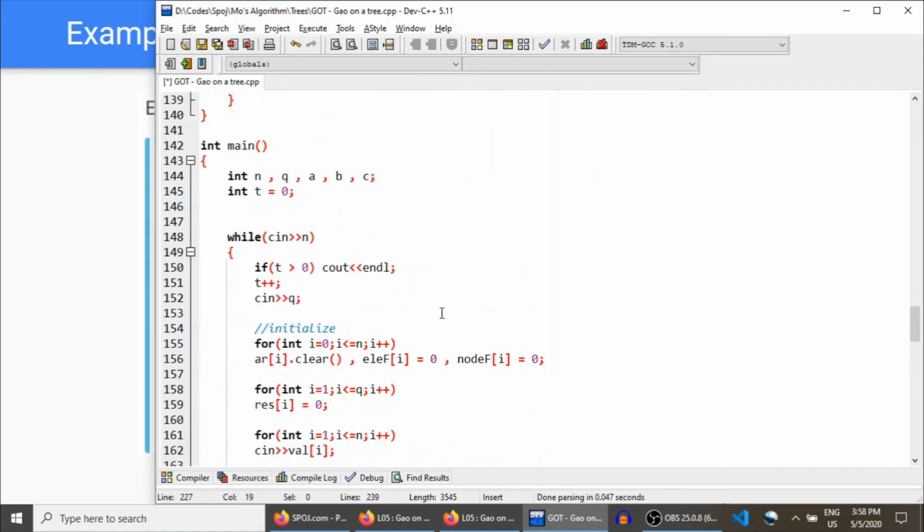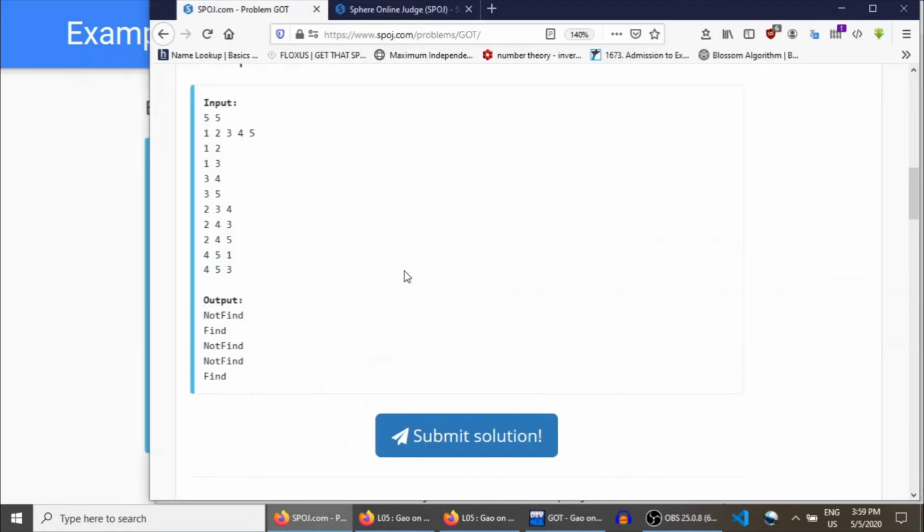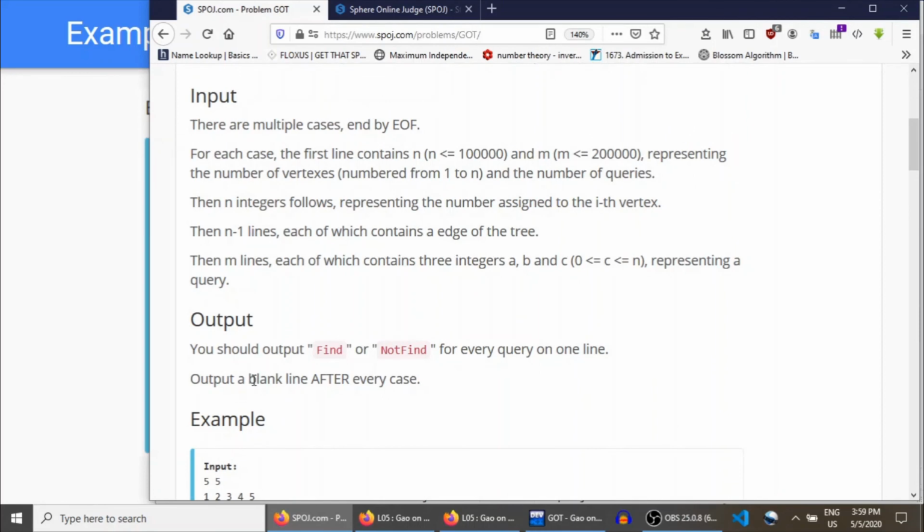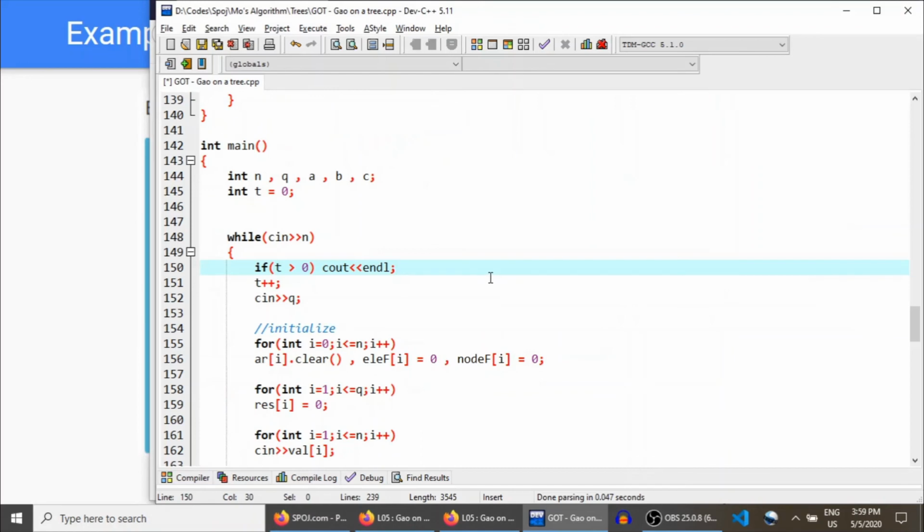One more thing, since there is more than one test case, initialize t to be 0. t equal to 0 means you are solving the zeroth test case. In that case you won't print a new line, because the question specifically asks you to print a blank line after every test case. So if t is equal to 0, you would not print a new line, otherwise increment t, and when t becomes 1 or more,